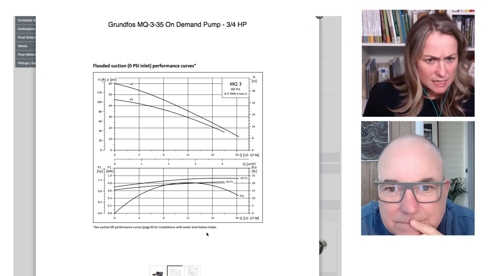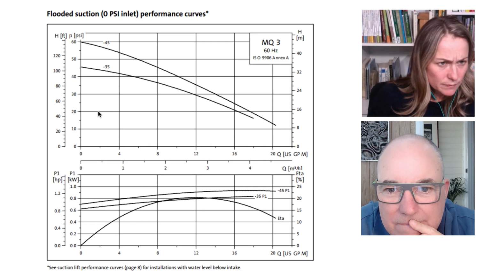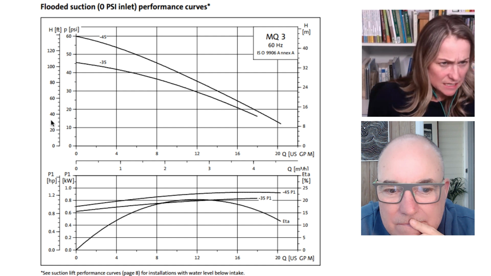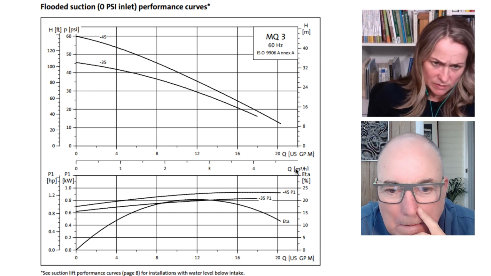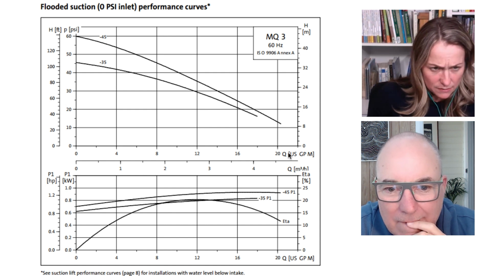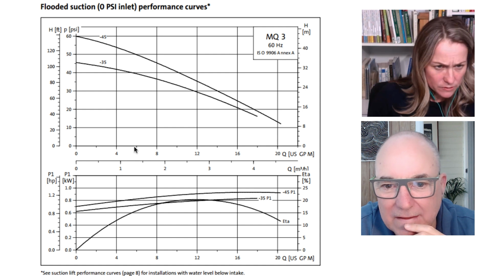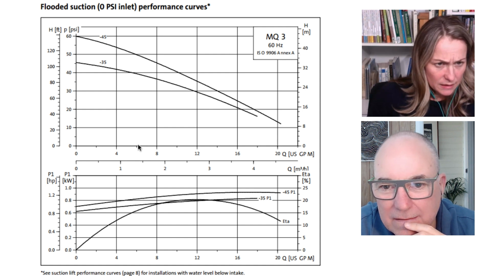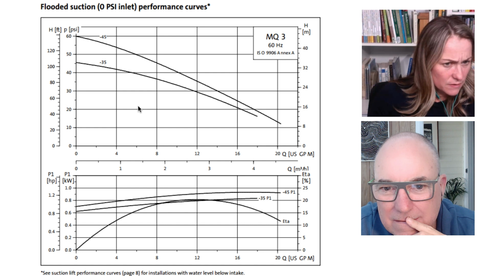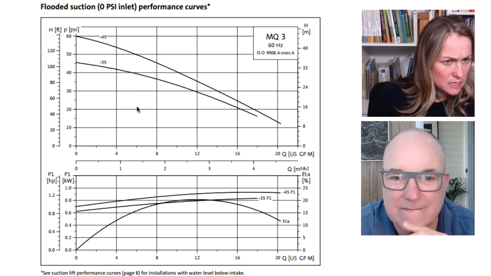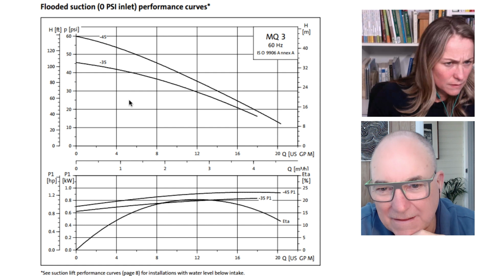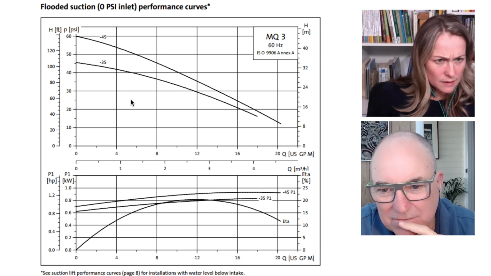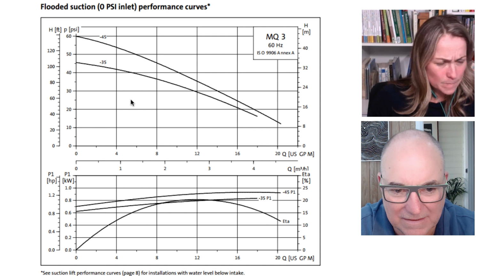Okay, so let's check out these units. Now, in this one, interestingly enough, they've got head in feet and PSI, and they've got flow rate in gallons per minute, and we could also do meters cubed per hour. But let's do the 5 GPM. About there. Which is right about there. And then going up. Same thing though. This looks like 20. About there, yeah. Closer to the y-axis a little bit. So about there. Yep. Yeah, 50, right? So what you're thinking about here is the